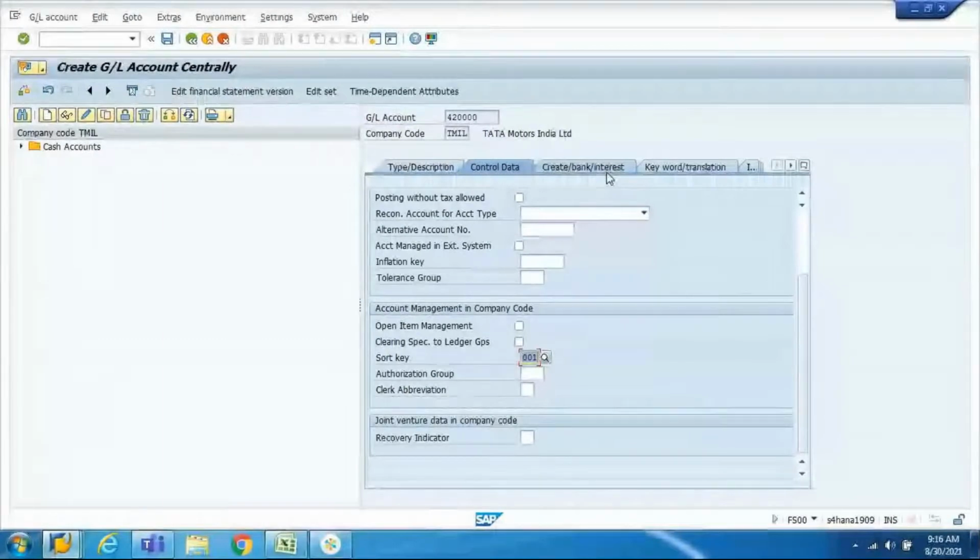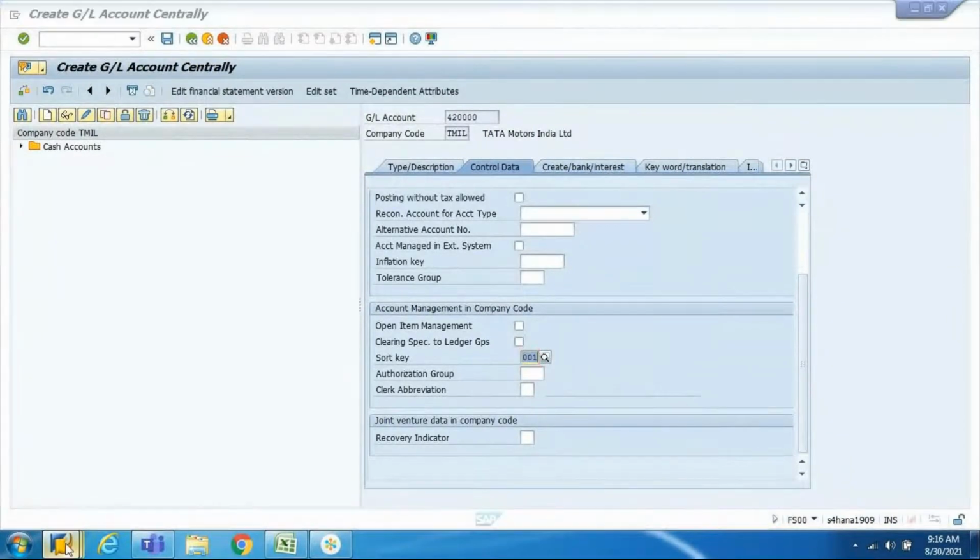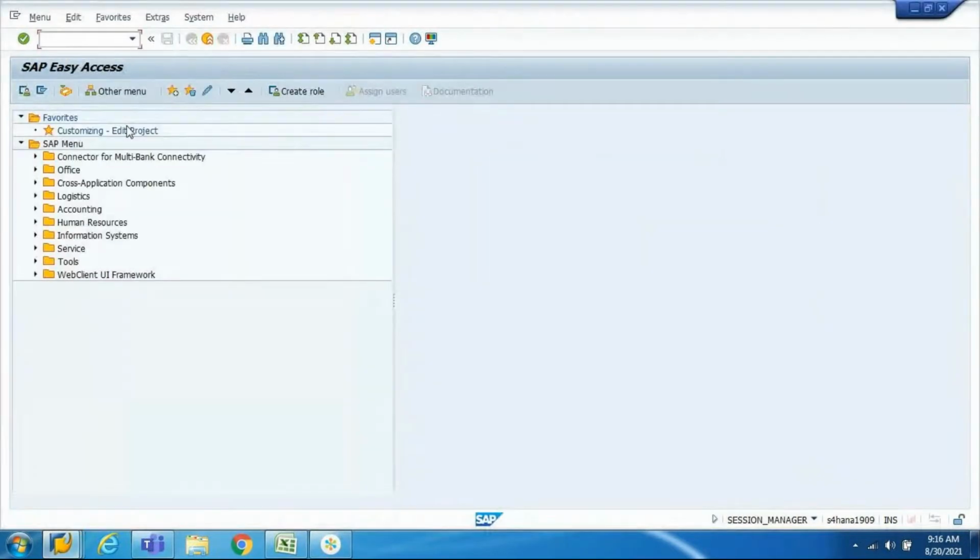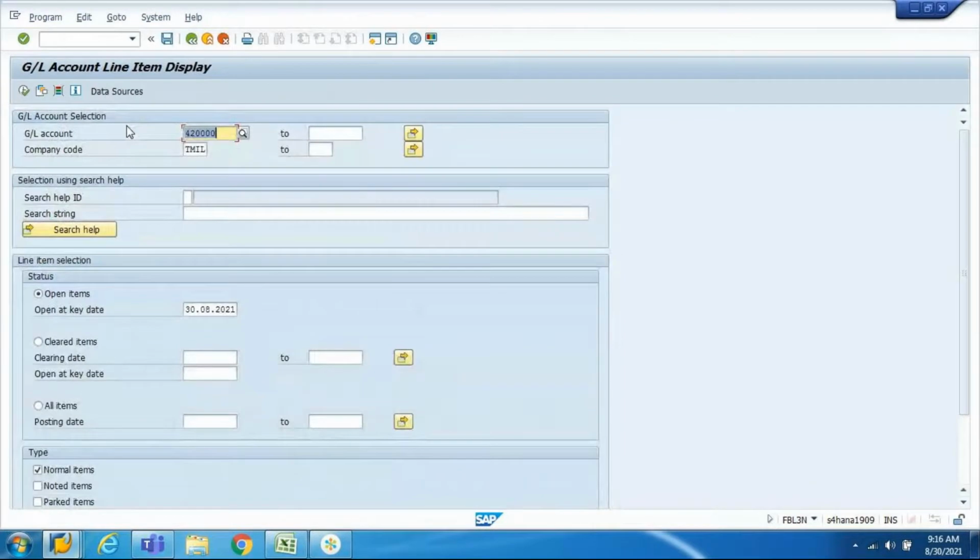FBL3N, FAGLL03. There are two T codes, FBL3N and FAGLL03. Both are correct. Both are available in S4HANA. I go to FBL3N, GL account line item display. This is available in S4HANA. Same way, if I go to FAGLL03, this is also available in S4HANA.